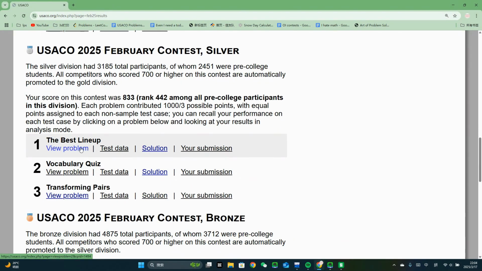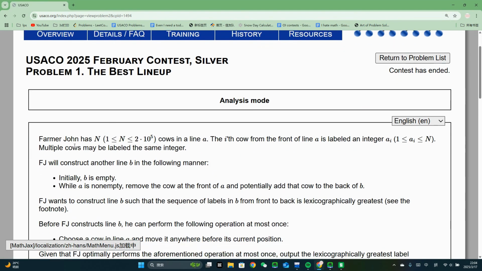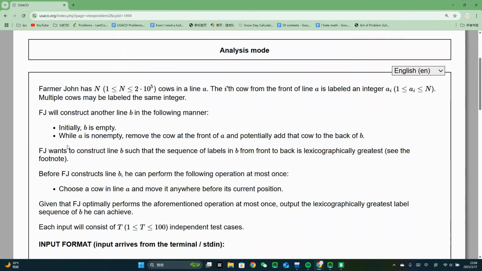This is not gonna be a problem review. It's just gonna be a brief overview. So this one, you're constructing an array B with an array A. So it's like basic sequence construction, and silver sequence construction problems really don't get very difficult, especially